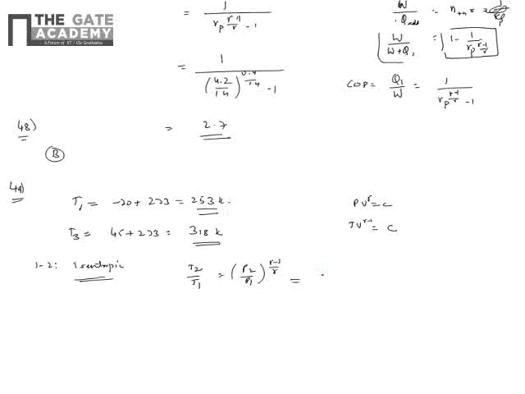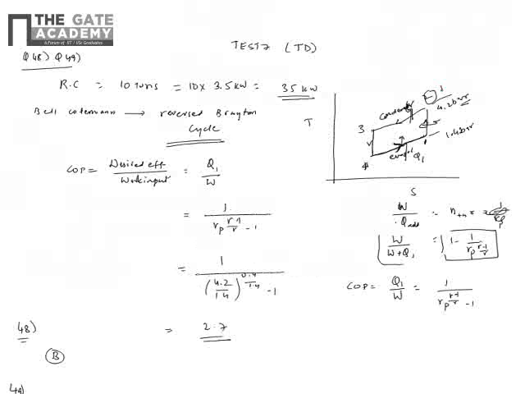So I know P2 by P1, it's 3, 4.2 by, and this is whole power 0.4 by 1.4. So this value, basically I know T1, so from this I can get T2, which comes out to be 346.4 Kelvin. So once I know T2, the idea now is to get T4, because I know the refrigeration capacity,